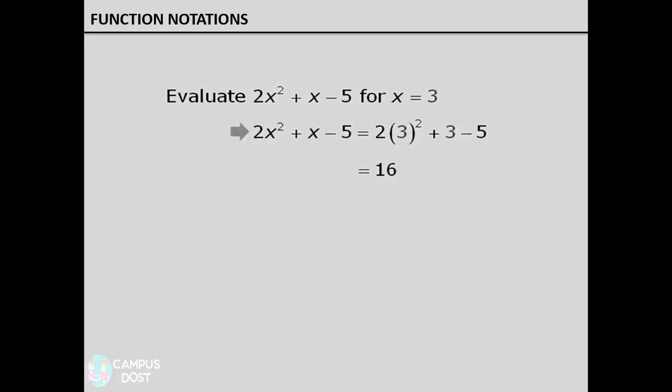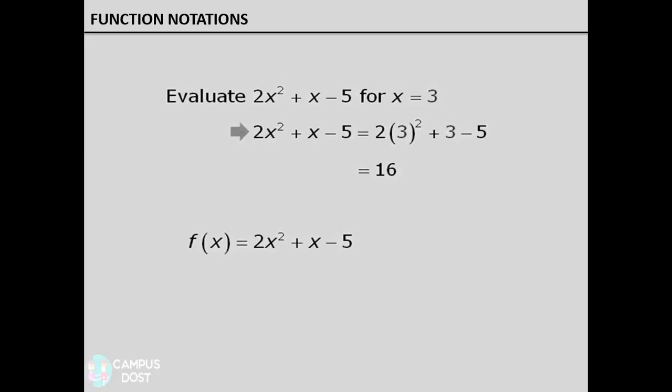We can express the same concept here using function notation. Now please note that this notation here does not mean f times x. It is just the notation we use to define a function. Now with this notation, we are saying that 2x squared plus x minus 5 is a function, and its value depends on the value of x. This is the same as saying 2x squared plus x minus 5 is an expression whose value depends on the value of x. Now with this new notation, we say f of x is equal to 2x squared plus x